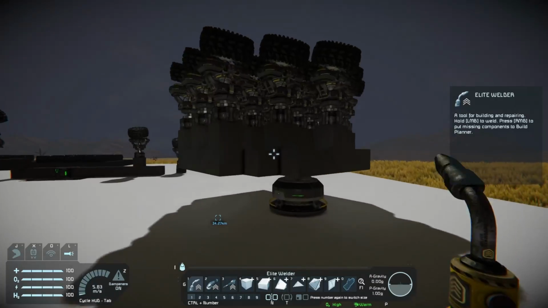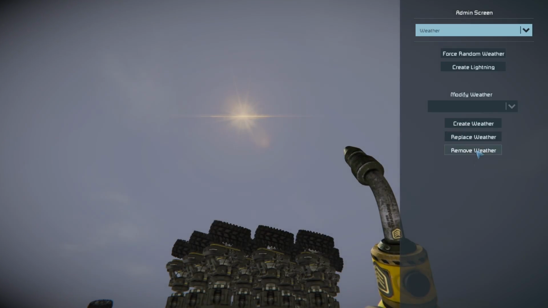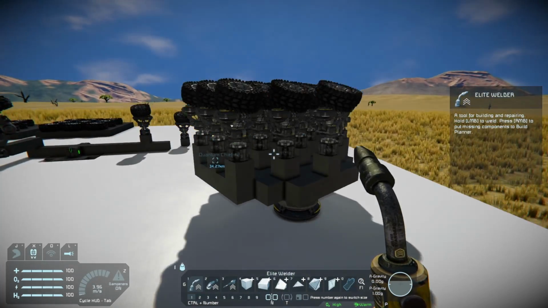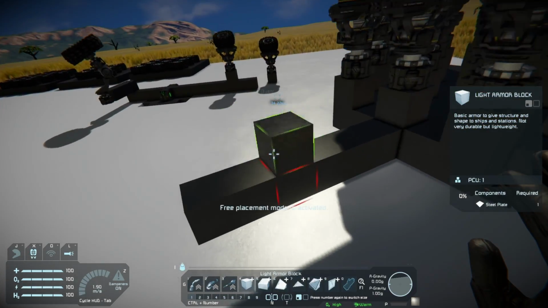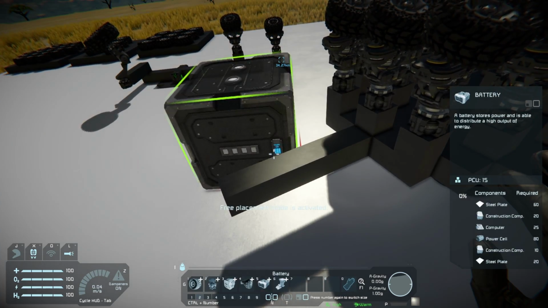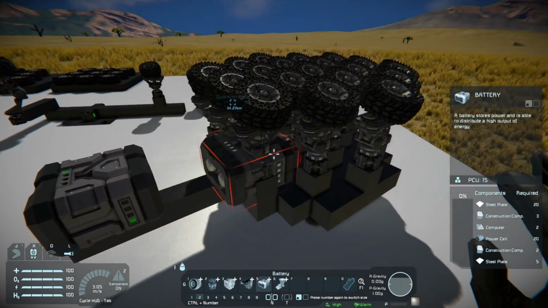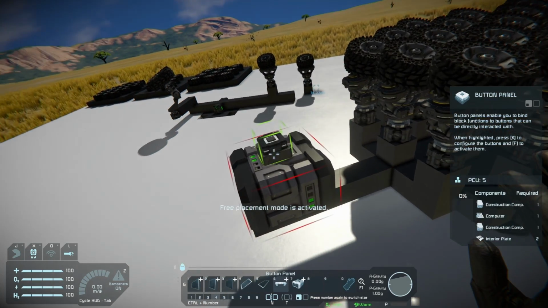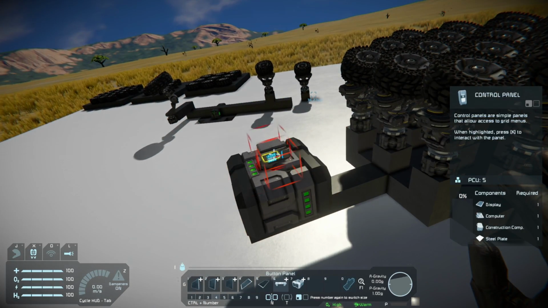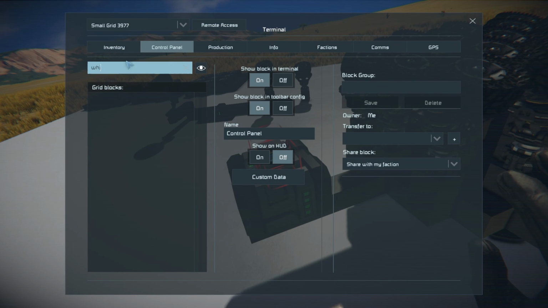Okay, so let's do a little. What, have I got weather? It just got very dark. Yes, there we go. Okay, so let's attach some stuff over here. Let's make sure that we have a battery just for safety reasons. Do I have 2? Oh, don't want a button. I want a control thing. Okay, so if I go onto the wheels.